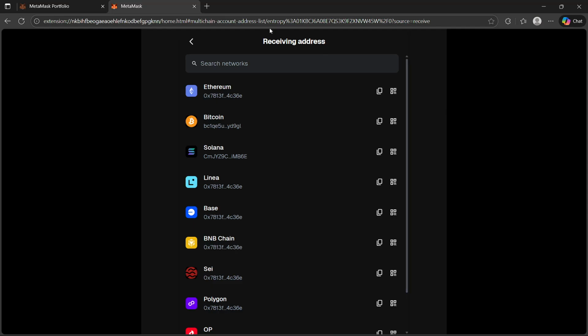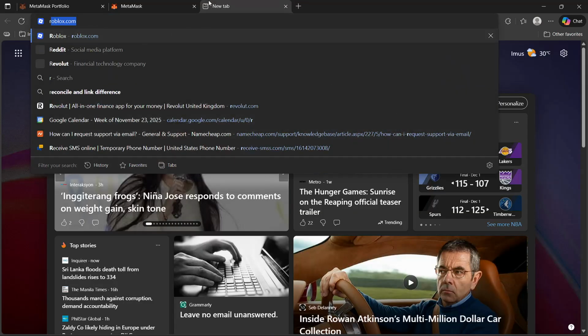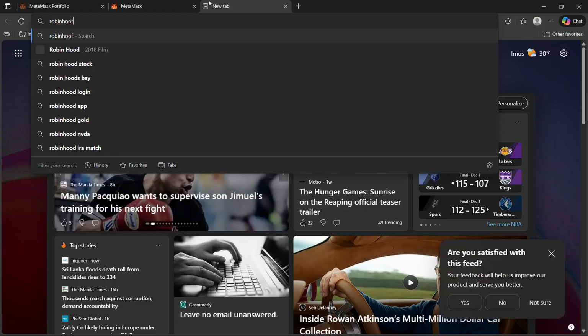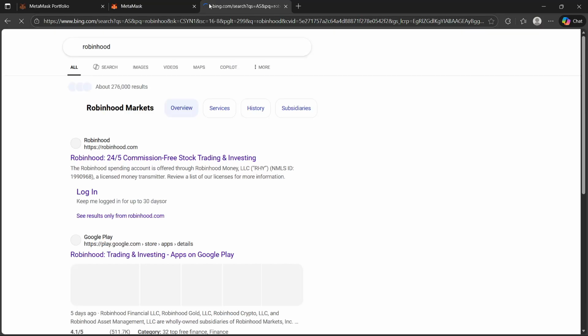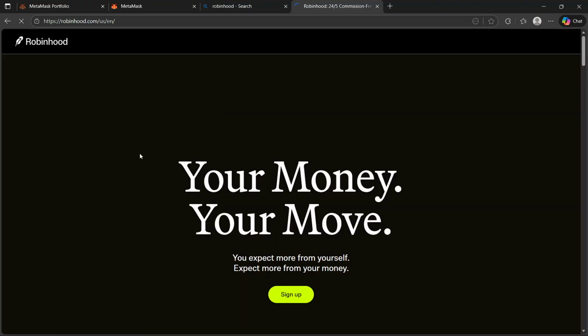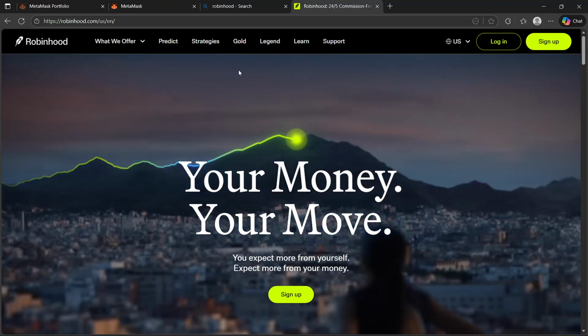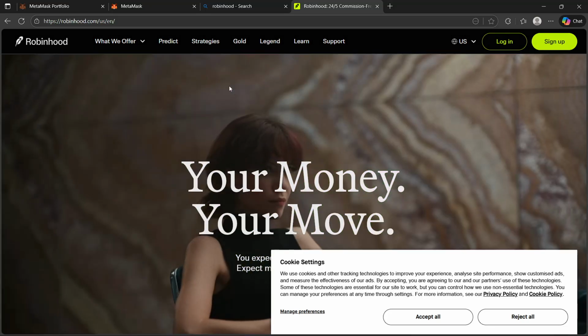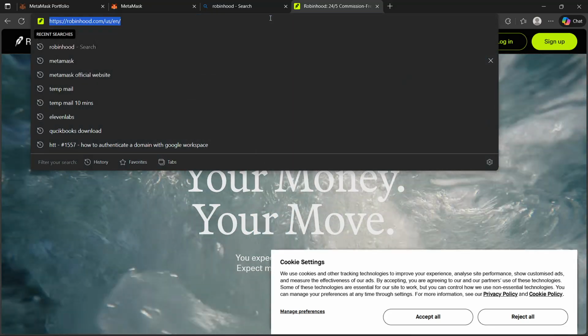And then after that, what you will have to do is go to your Robinhood if you already have one. So you do have to make sure first that you already have your Robinhood account before doing this. And once you open your Robinhood, you will just have to go to the Ethereum section, and basically what you would have to do is click send, and then you will just have to paste the address like this